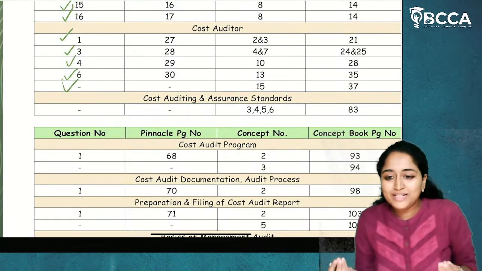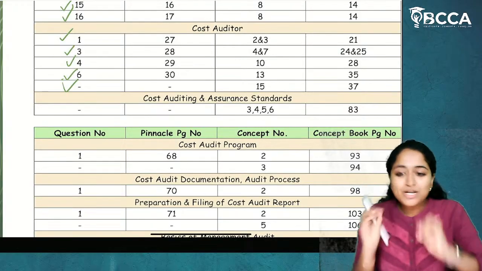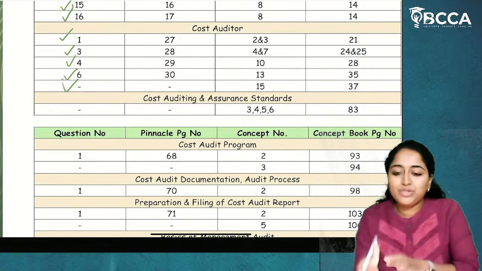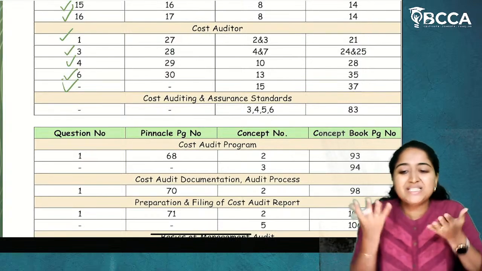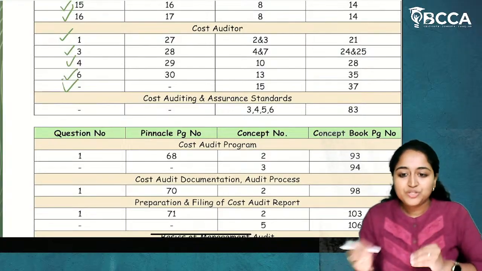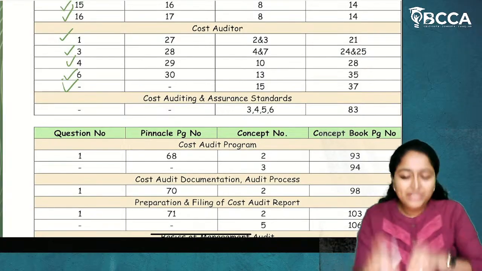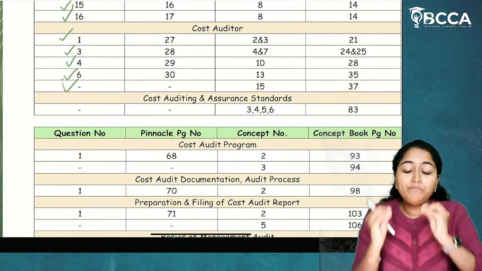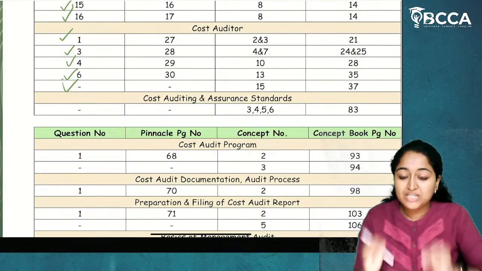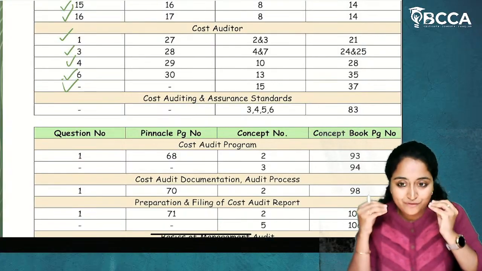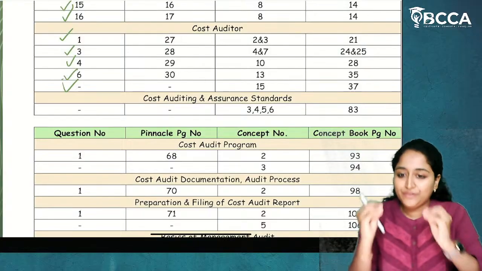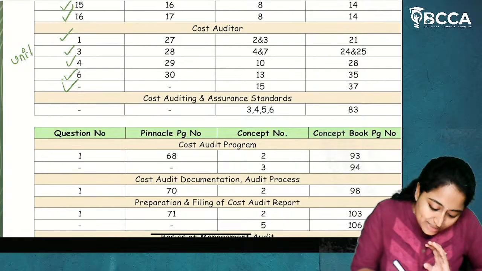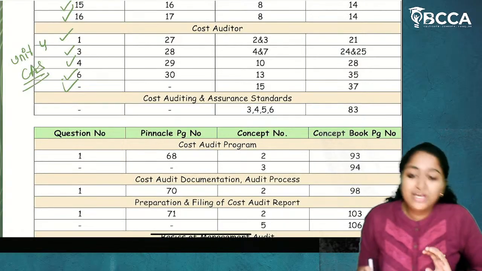Now, why have I not included them in Super 50? Not because they are not important, but because I can't say that this is the only question, because it is a provision, it is a standard. I can't put the entire standard here, so I haven't put it. I hope you understand that you have to depend majorly upon the cost accounting standards. Please don't blame me that I have not included it in the Super 50. I have given you enough clarity about it. So yes, Unit 4, Cost Accounting Standards and GAAP, I have given you enough clarity.